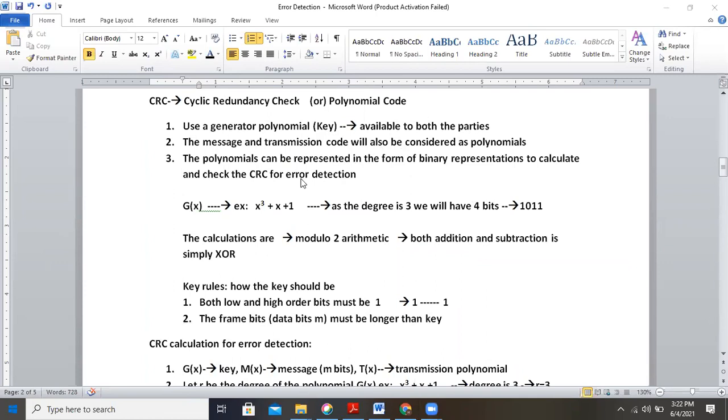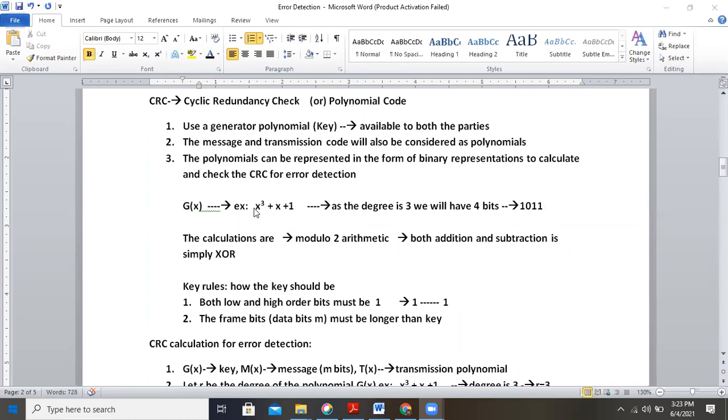So how do we use this CRC for detecting the error? First let us take a polynomial. I'm representing one polynomial here. Remember one thing: the polynomial we take should be of one variable. Here I am using the variable x. We cannot use two-variable polynomials, or equations in that sense. We use single-variable polynomials, and the highest degree in the polynomial decides how many bits there are.